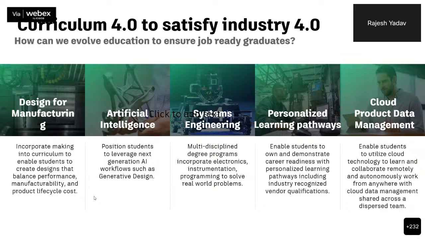Then systems engineering. As you already know, students or any graduate trainees are not supposed to work in silos. You need to understand the other departments, the little basics, with integrated workflows. So systems engineering is also very important. If you talk about robotics, mechanical engineers are required, electronics engineers are required, and computer science engineers are also required.